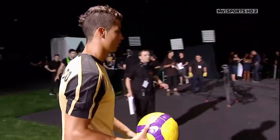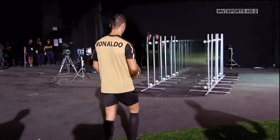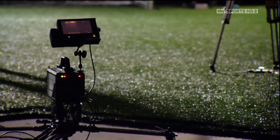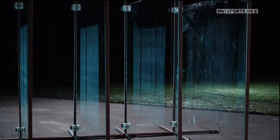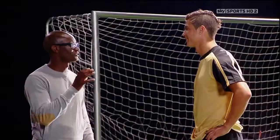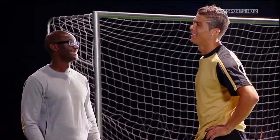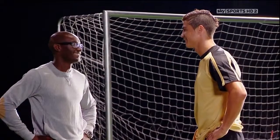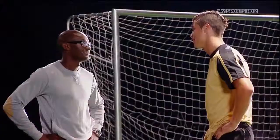Andy has designed an unusual test to find out. Inspired by an event in Ronaldo's childhood, 6 sheets of glass are arranged around a speed monitor. Ronaldo will fire the ball at this glass target. What was it like as a kid smashing windows? Well, when I was a kid, I think I broke just one glass of one neighbor. It was a very, very big problem because when I arrived home, my mom kicked my